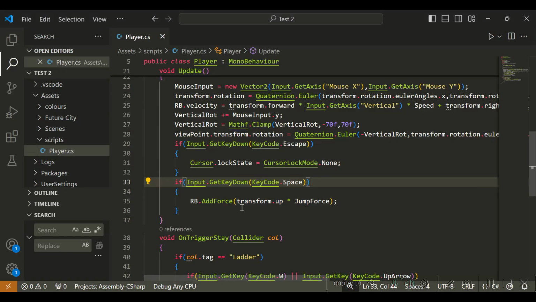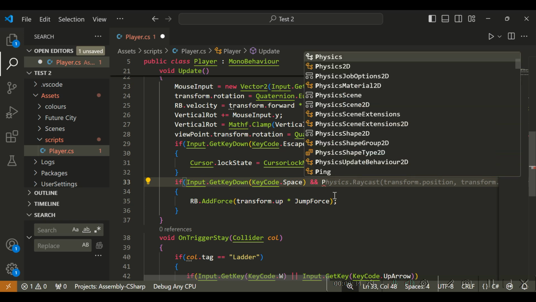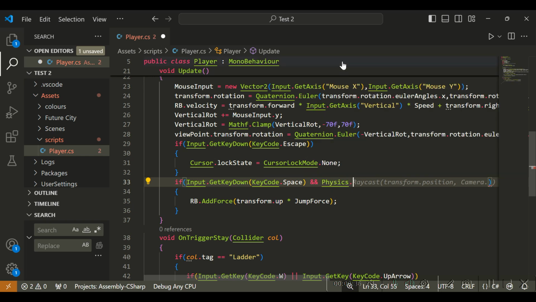So let's go back to our code, and here let's make an and condition, and let's add physics dot